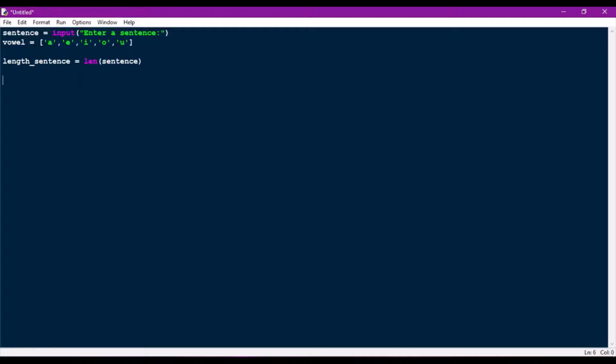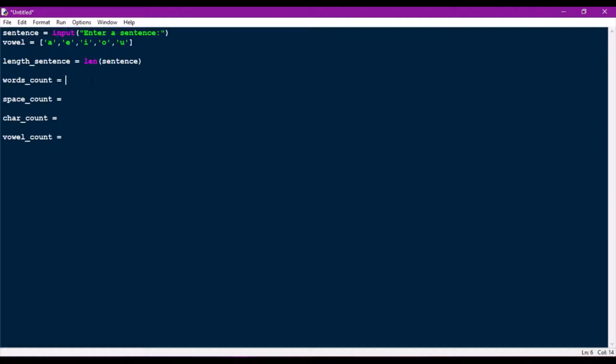Now we have to find the word count, space count, character count, and vowel count. These are what we have to find.